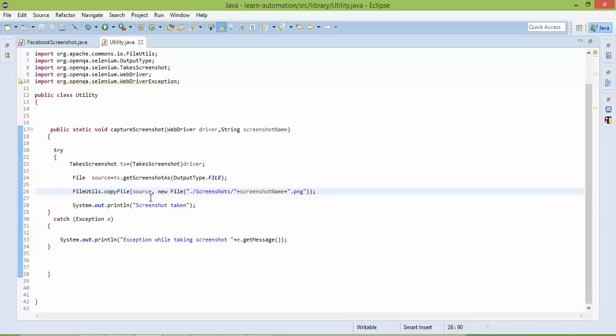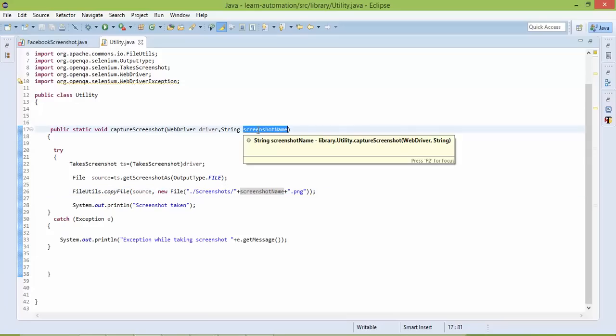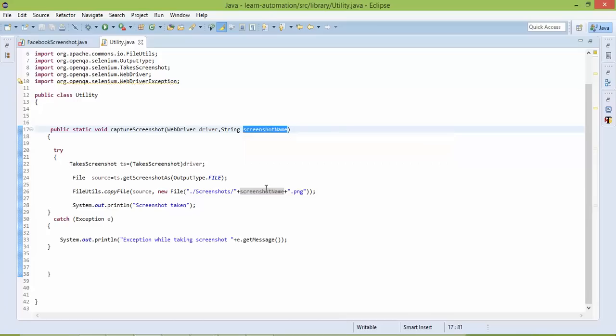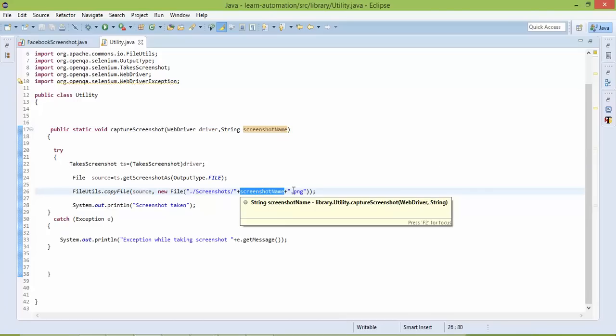So guys, I don't want to confuse you, but this is good practice if you parameterize your capture screenshot method. Every time you will get a unique screenshot. If you don't adopt this, it will override your previous screenshot. That's not good practice. So it is better to keep the screenshot name distinct so that you can uniquely identify it. I have not made major changes. The remaining theme is the same, only the screenshot name, whatever we accept, we will simply pass here, and we will add .png here.